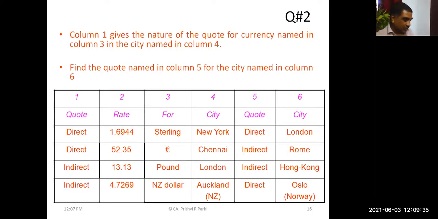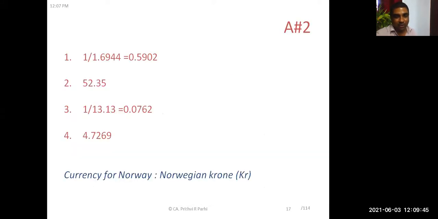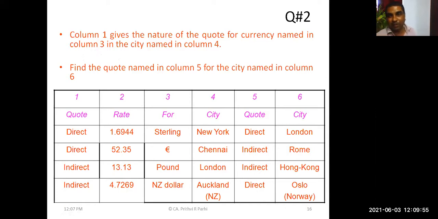The question is purposely asked. Many of you may not know what Norway's currency is. If you don't know, you can take it as X. Still you can find out. But for your benefit, let me tell you the currency of Norway is the Norwegian krone, or KR. KR is the Norwegian currency. This question has been taken from a particular source. I will be telling you later what the source is. But in this question also, the Norwegian currency was not mentioned. Now tell me. Oslo's currency, let us say KR.